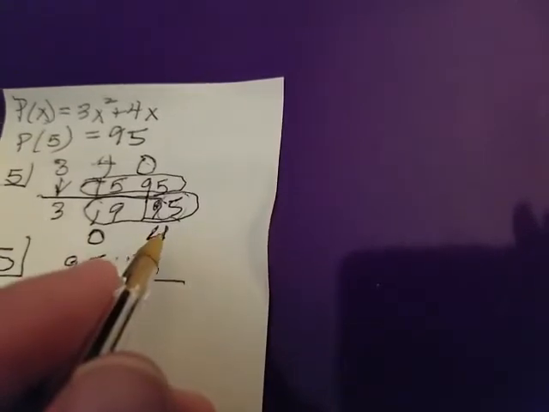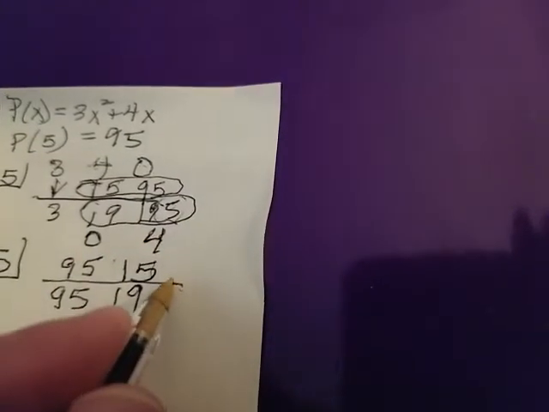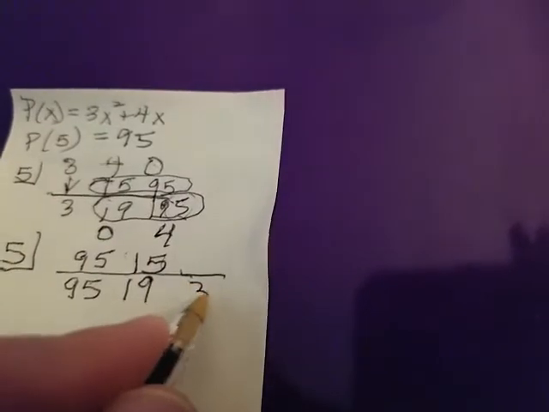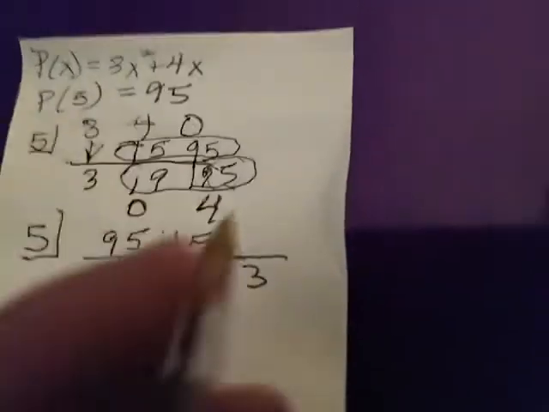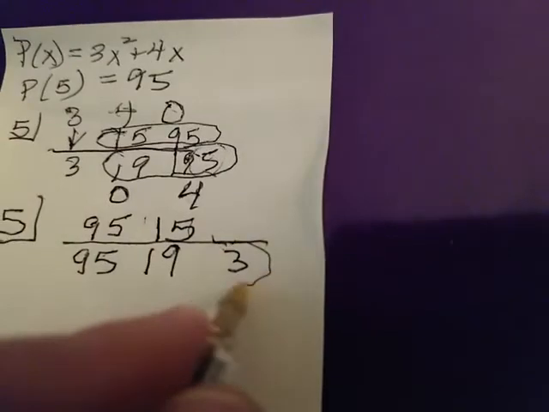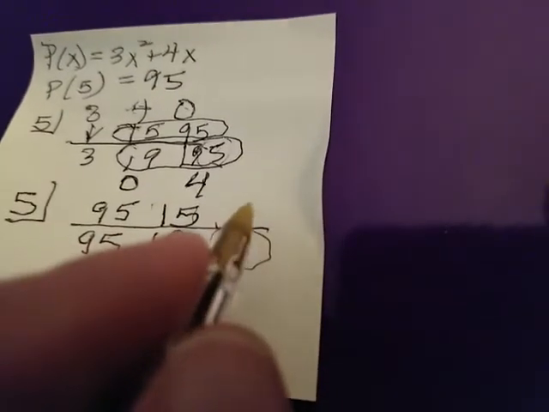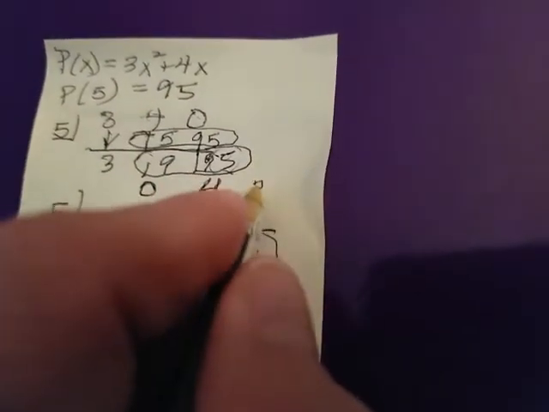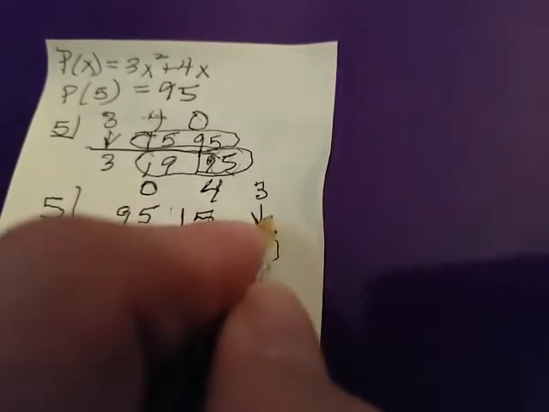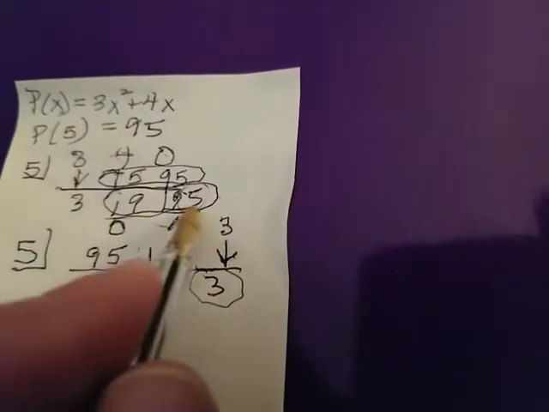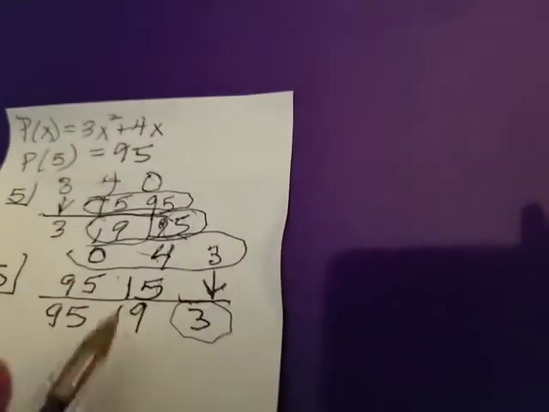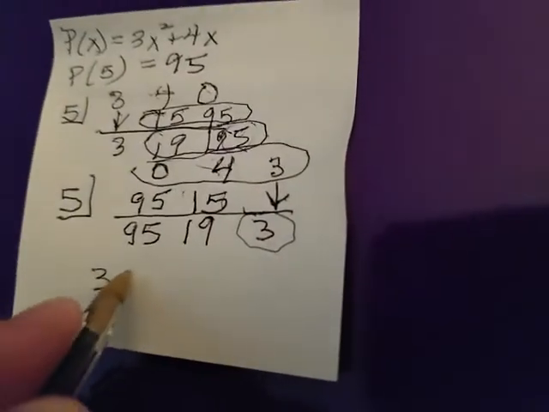Again, we're reversing the process, so we subtract. And this had to be 3, because 5 times 3 is going to give you the 15. Since this is smaller than 5, we're going to stop the algorithm and reverse that initialization process, and then we read it off from right to left. So the 3 becomes 3x squared